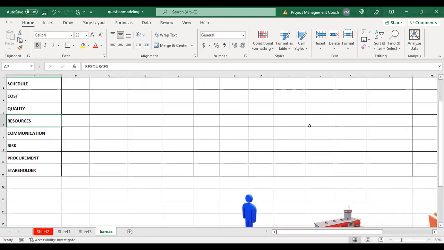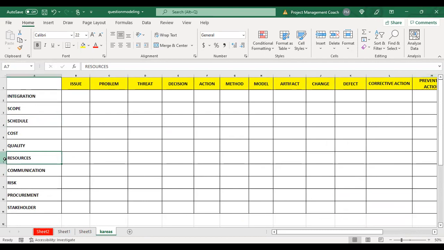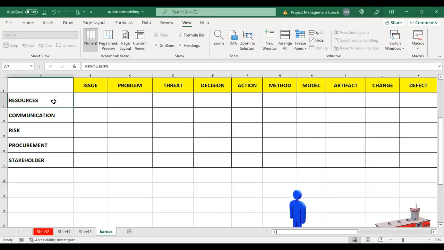So let's zoom into resources. I'm going to take resources and put it at the top of the stack. So looking at the resources area, the common issues that you would face here could be some sort of conflict. There could be a shortage of resources. It could be that resources are not used or delivered as planned. For example, decisions you may need to take are